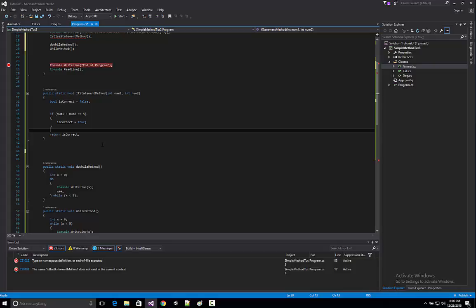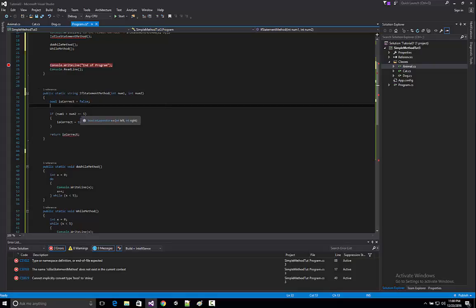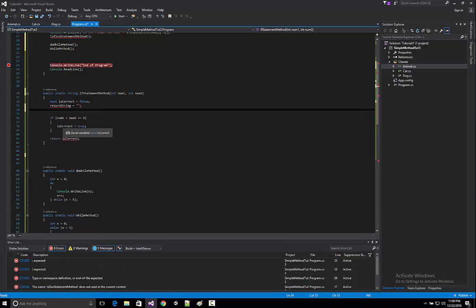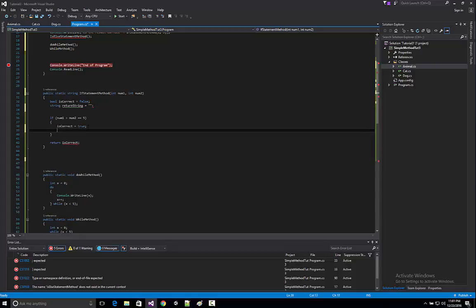That would be a valid use of it because you want to know whether or not, or actually, let's do this. Just to make this a little more interesting, return string, close string, right? String like that, and we can do is correct, and